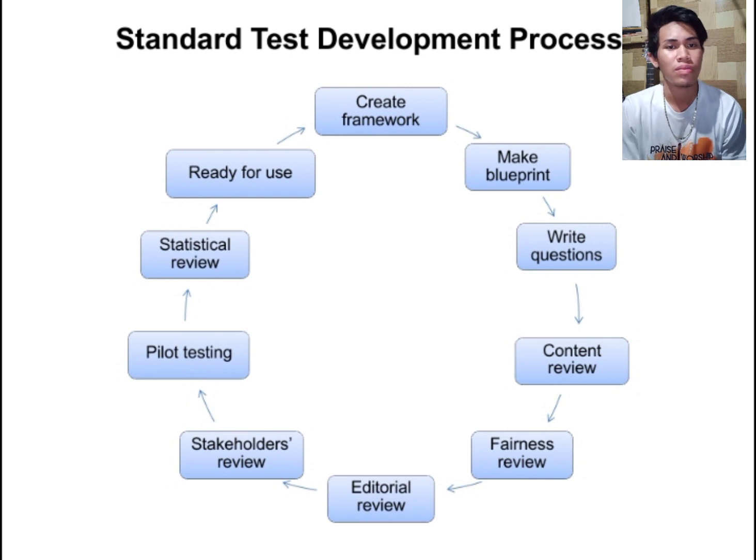The newly developed items undergo a rigorous review process by subject matter experts or content specialists. They evaluate items for accuracy, relevance, clarity, and appropriateness. Feedback from the review is used to revise and improve the items as needed. Number five, fairness review. Before finalizing the test, a small-scale pilot or tryout is conducted to gather